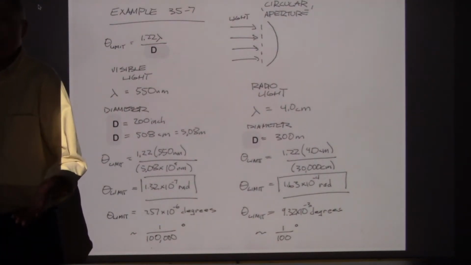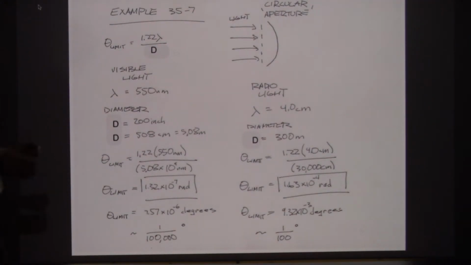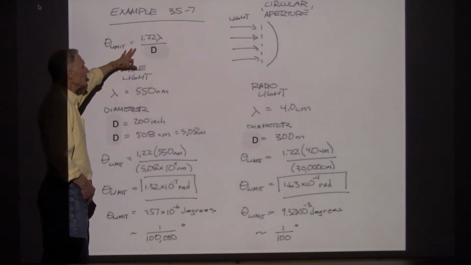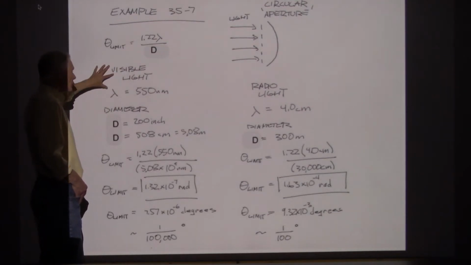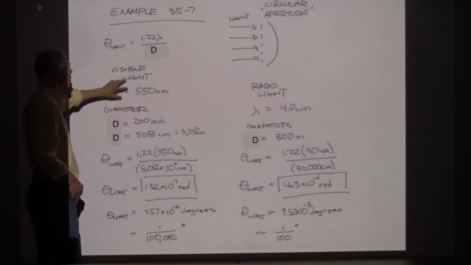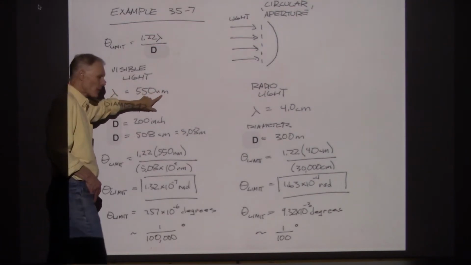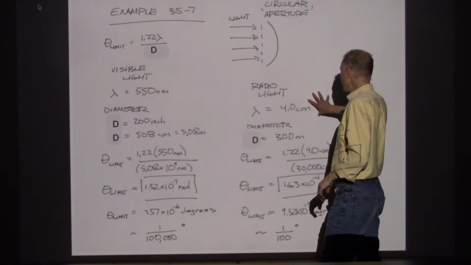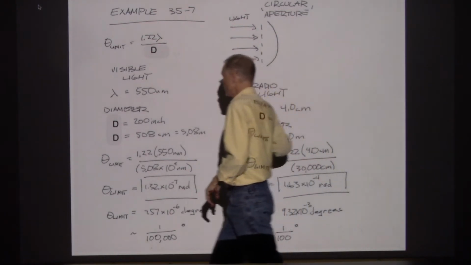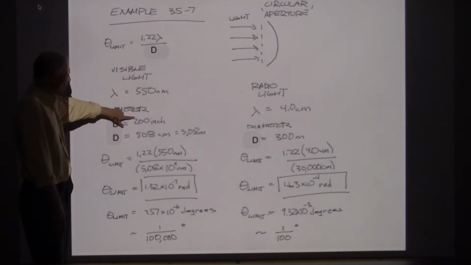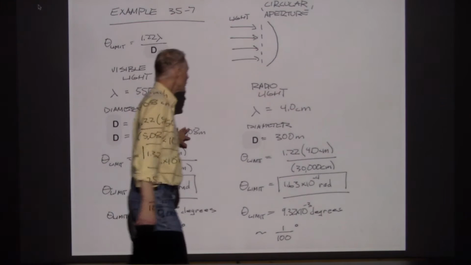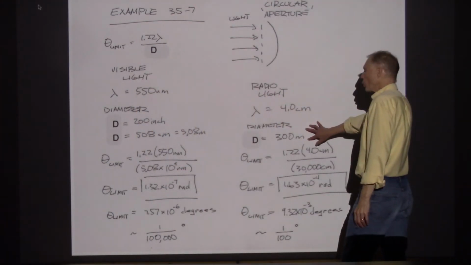Okay, but we have other radio telescopes out there. We have arrays of radio telescopes. For this example, we're going to be using the circular aperture. We're going to start with the visible light from the Mount Palomar telescope with a wavelength of 550 nanometers. For the radio telescope, they tell us to use a wavelength of 4 centimeters, quite different. The 200-inch telescope should be the 5.1 meter telescope, so 5.1 meters. The radio telescope has a diameter of